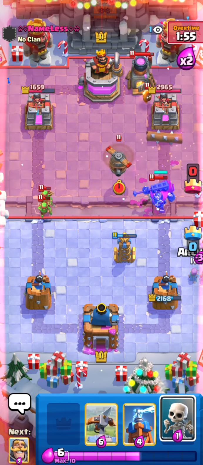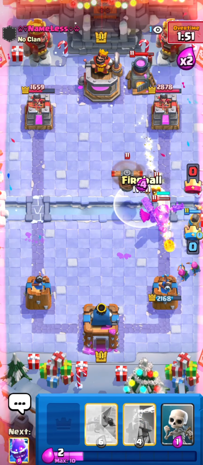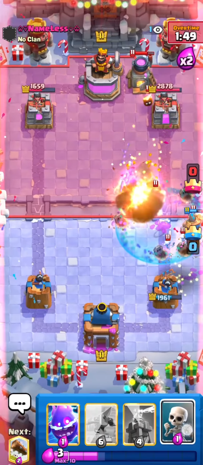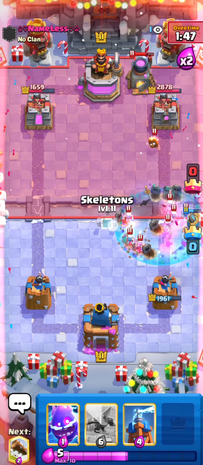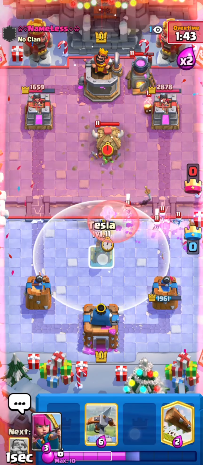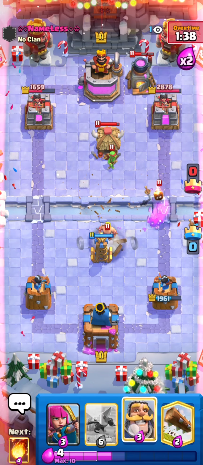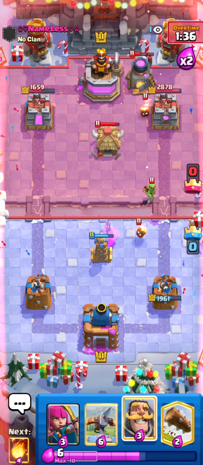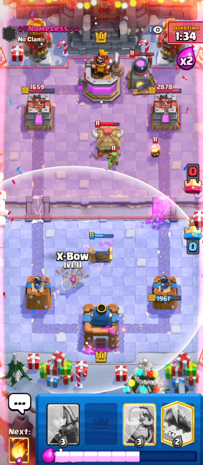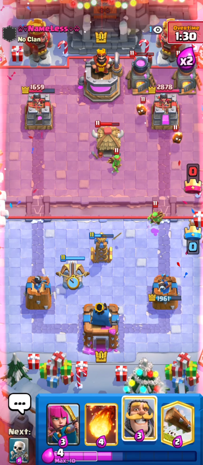And he does not. He goes for a flying machine, and I am back to a fireball now. So I will fireball, and he was forced to waste his Skeleton King ability, and that is actually a lot of skeletons, but it doesn't even matter since I was able to defend it just fine. So I'm going to have to defensive Xbow here, I feel, because he has a lot of spawners on the field right now. Pretty problematic,